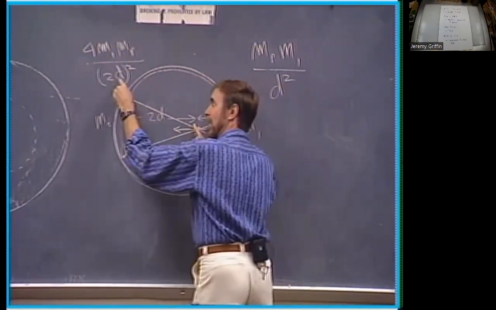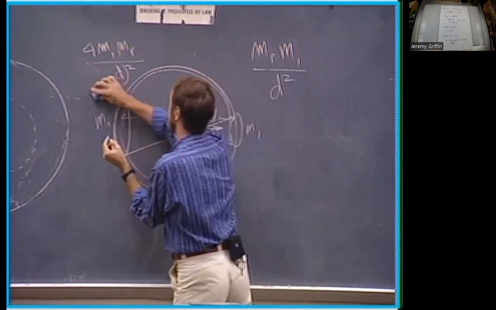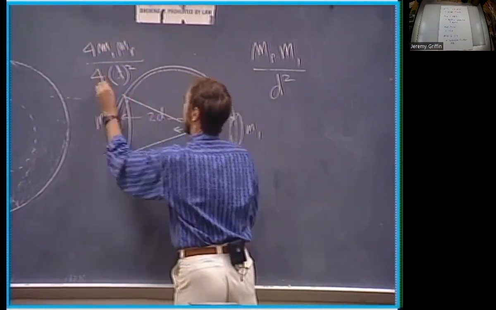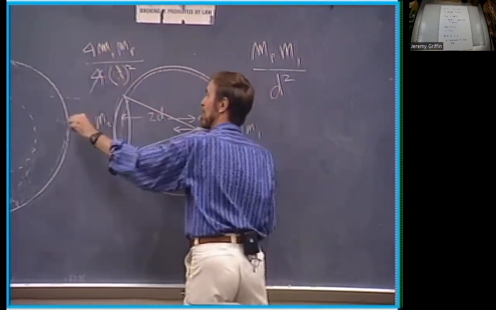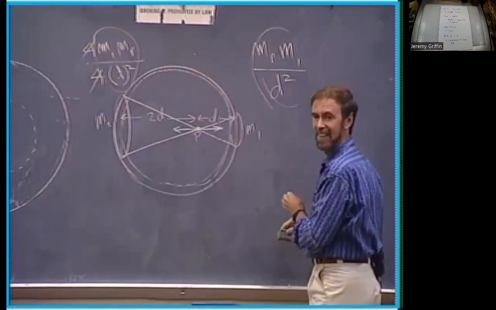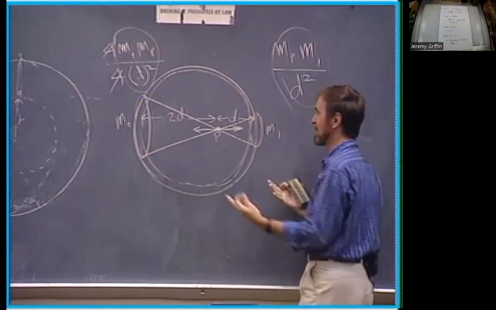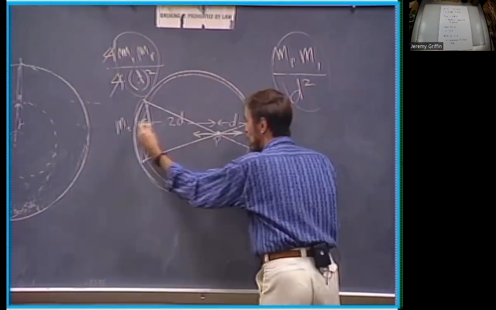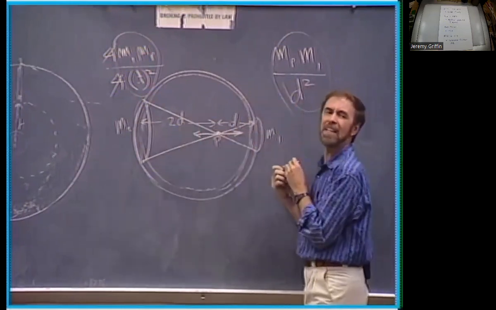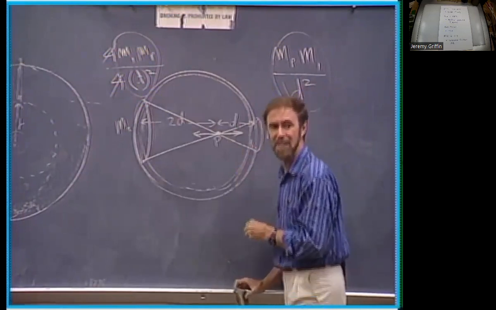But when I take twice the distance and I square it, what do I get, gang? Isn't it 4D squared? And what do the 4s do? And what's this? The same darn thing I got here. So the pull here is equal. I just took a place that was easy because I got twice the distance here as here. But you put any distance you want and that will happen. Anywhere inside there, there'll be no gravity.